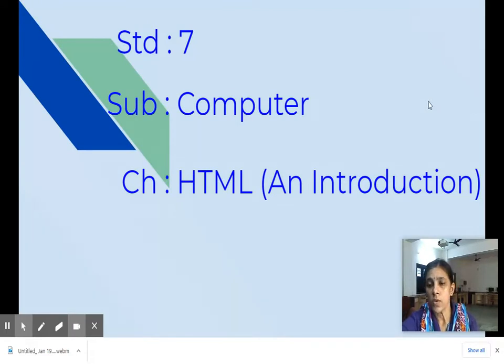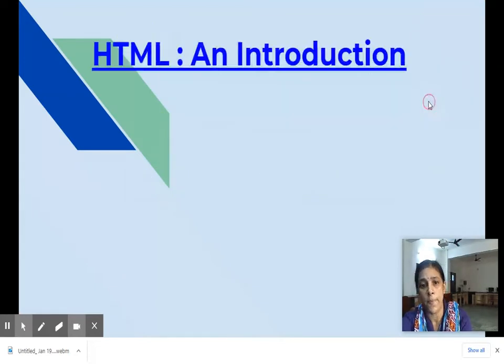So what is HTML? You are all already aware of this, as you all use websites. You search for things on websites. So what is a website? A website is a collection of web pages, and those web pages contain many things. In web pages you can find audio, text, even video and pictures. All those things are there.